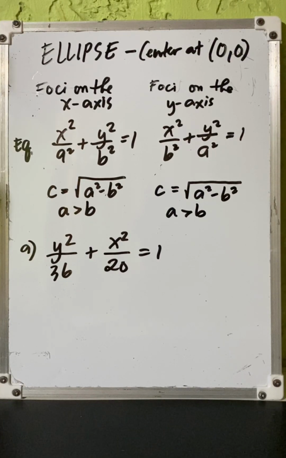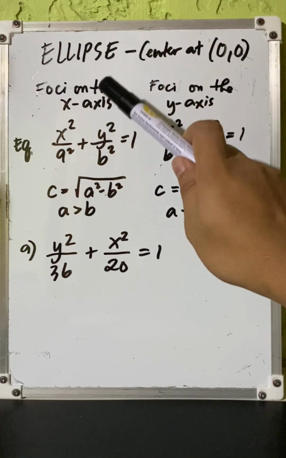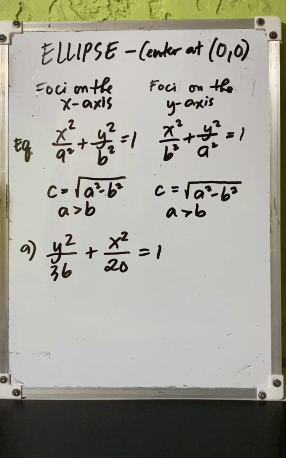So this time I will discuss to you the ellipse with center at the origin, which is (0, 0). So we have two cases for ellipse. Okay, we have the horizontal ellipse, which is located on the x-axis. Take note, the major axis is at the x-axis, and we have the vertical ellipse, which the major axis is